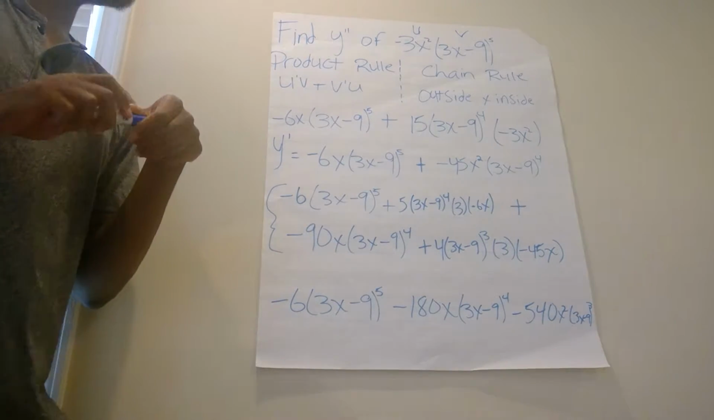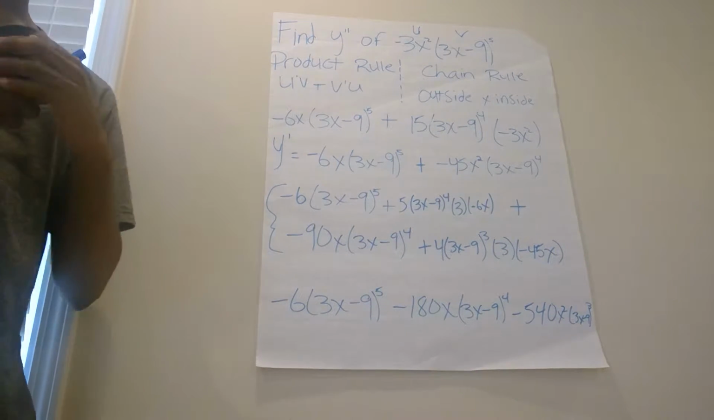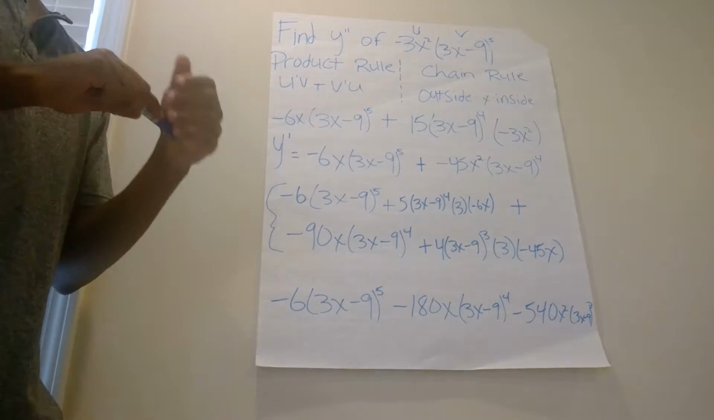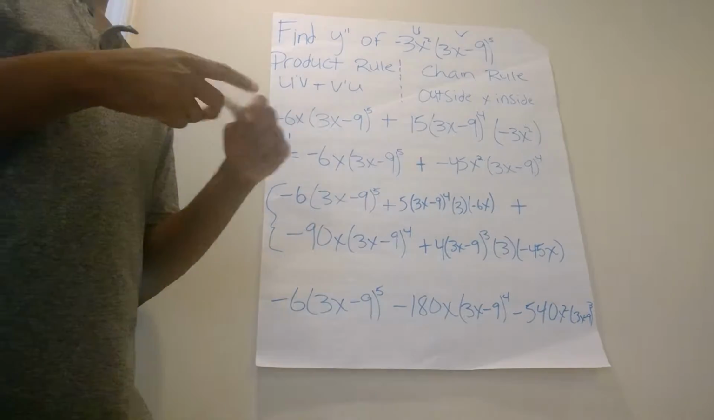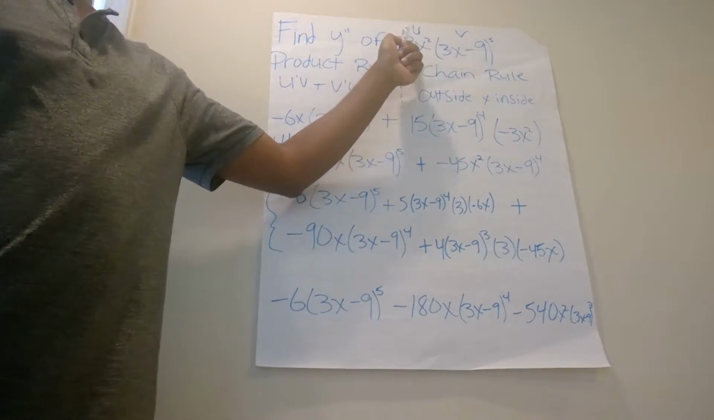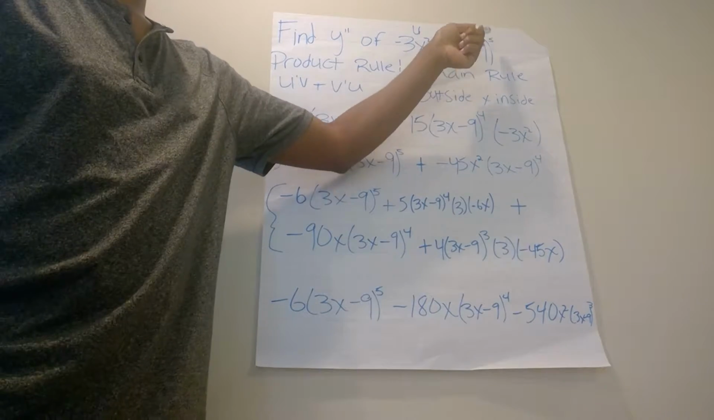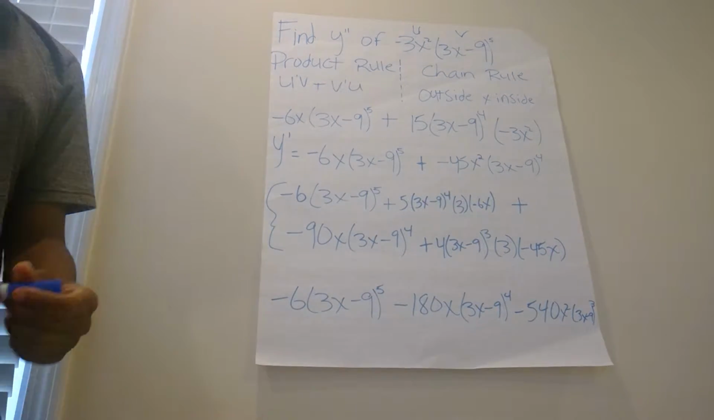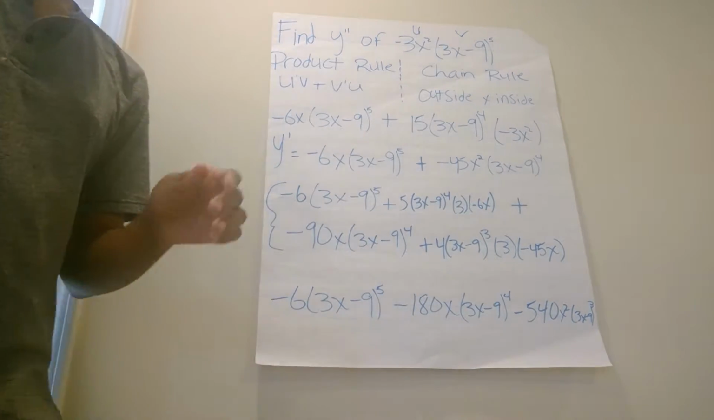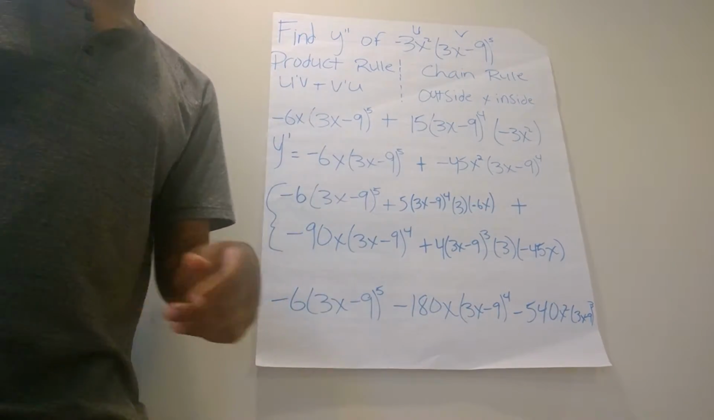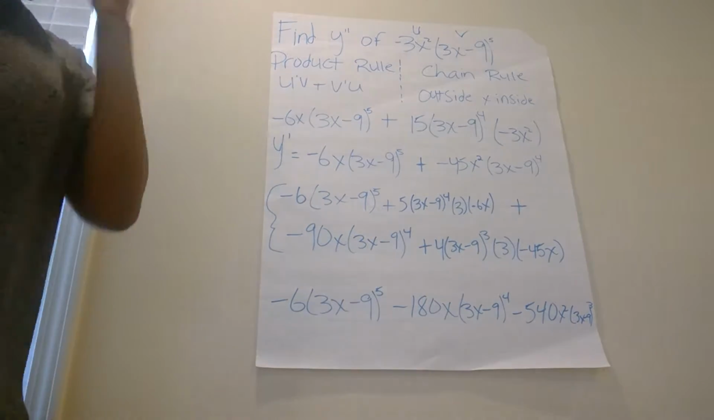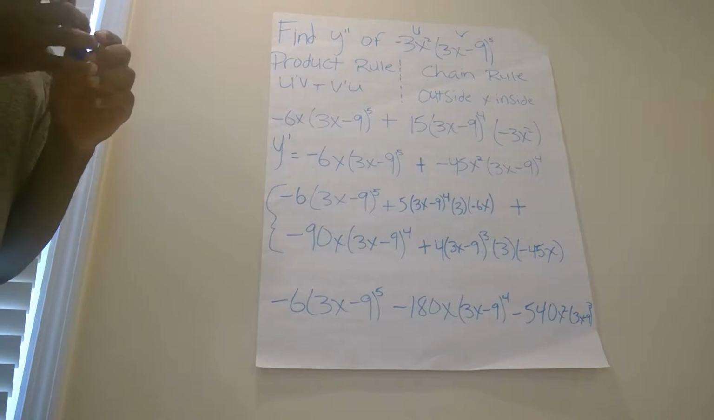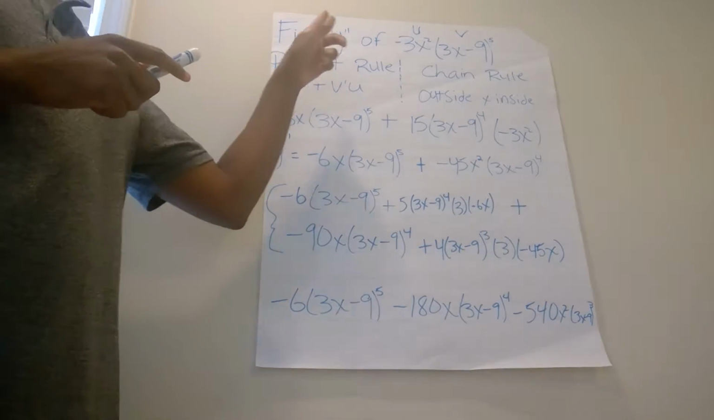The product rule is the derivative of the u term times the v term plus the derivative of the v term times the u term. So for example, in this case, the negative 3x squared would be the u term and the (3x minus 9) all to the fifth would be the v term. We'll also be using the chain rule, which is the outside times the inside, which I will go more in depth about later on. So just to get started, we are going to go ahead and use the product rule